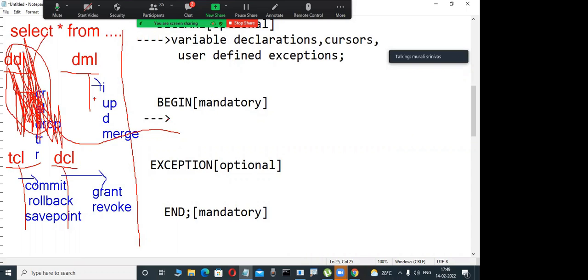Again, can we use DML statements? Yes, possible. Insert, update, delete, merge, these DML commands are possible. Can we use TCL statements? Commit, rollback, savepoint? Yes, possible. Commit, rollback, savepoint, these types of things are possible. But on the trigger side, some problem is there. I will tell you. Don't worry. Again, can we use